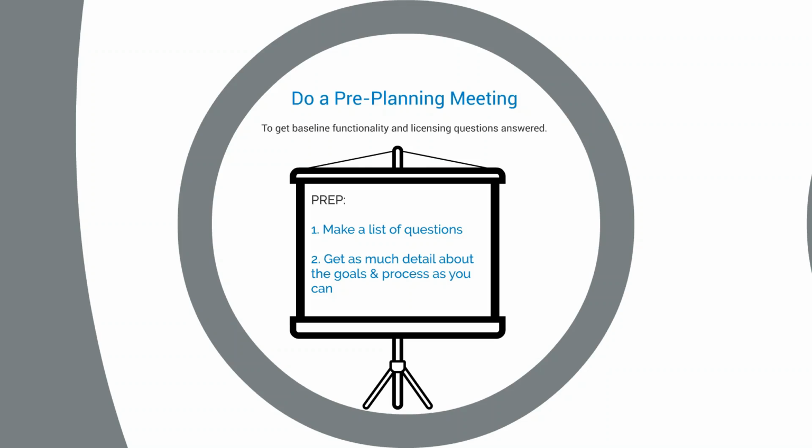So on the little prep board here, we have a couple of things that you can do before a pre-planning meeting to help get the most out of it. First thing you can do is just make a list of questions that you have. If you're not sure what software you have or what's available, that's great to list out any questions. If you want to know if the software that you have does certain things, like